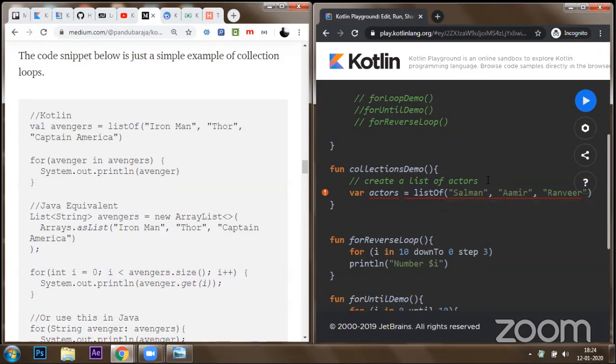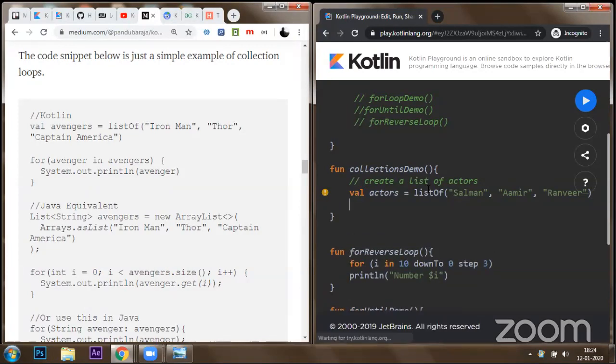But since we don't have separate elements, it's fine. I think there is no issue of that. Okay, we have got a variable. Let's just store that into val. So here, when you make a list, then you are going to store that into a value. So when you create a list of actors,